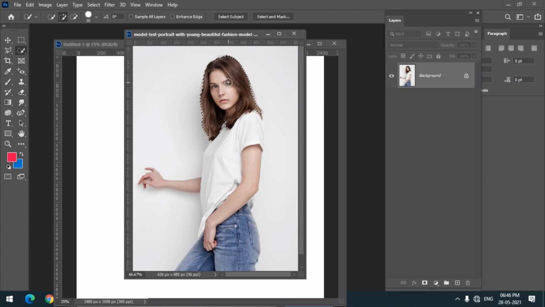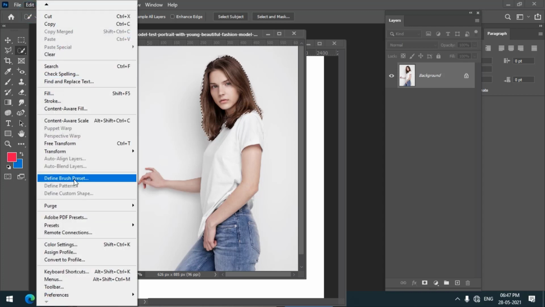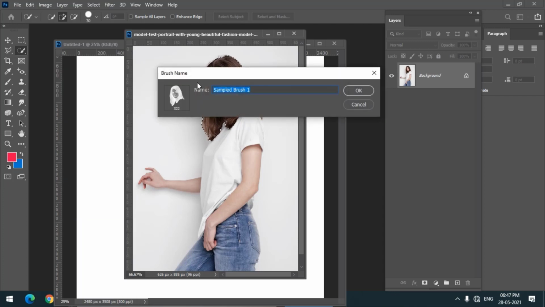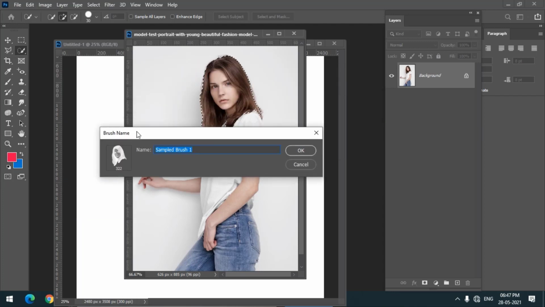For now I am using the quick selection tool. I have selected the area, then we have to go to the Edit menu and click on Define Brush Preset. It is telling Photoshop to create a new brush. Define brush basically means create new brush.